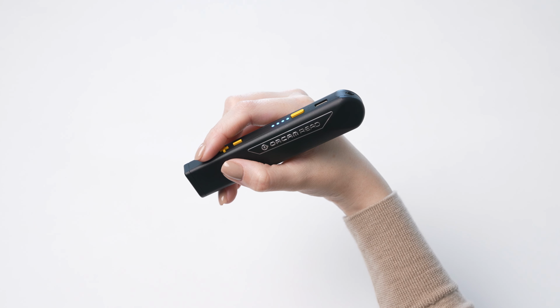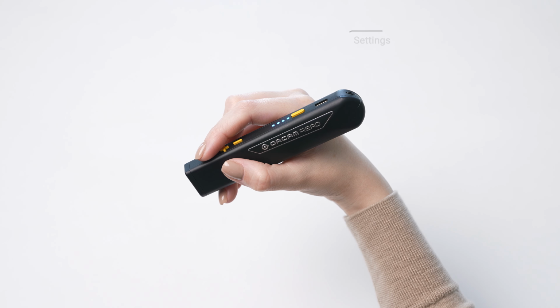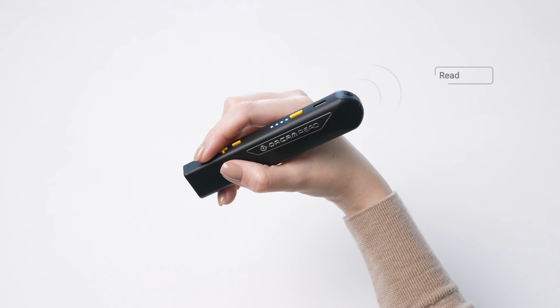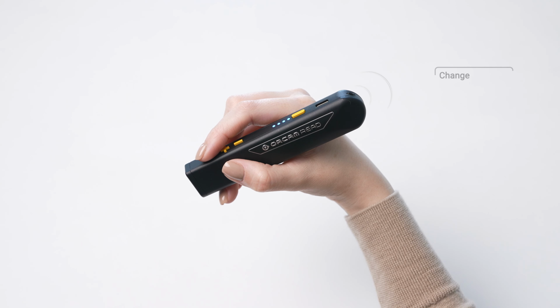For a list of all the available voice commands, say, "Hey OrCam, list settings commands." Settings has the following commands: read faster, read slower, reading speed down, volume up, speak louder, speak softer, volume down, enter the user menu, change the voice,